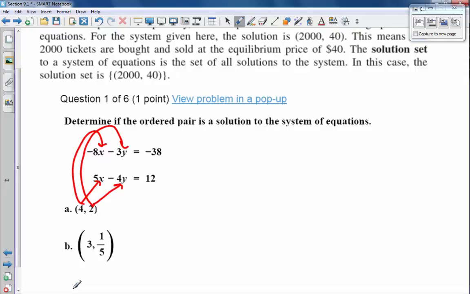But if you like, you can turn 1/5 into 0.2 and plug it in. But 150 is not too bad as well. You're just gonna deal with fractions, set common denominators, etc. I will do 0.4 and 2. Basically, I put 4 every time I see x, and I put 2 every time I see y, and compute